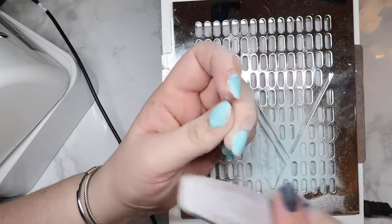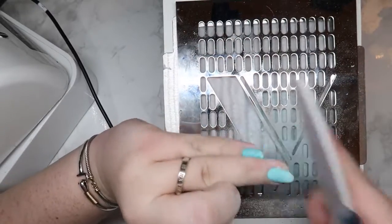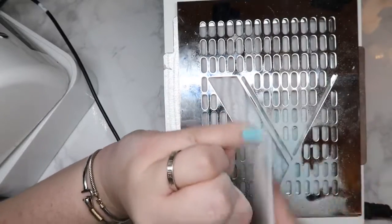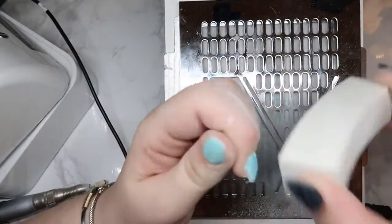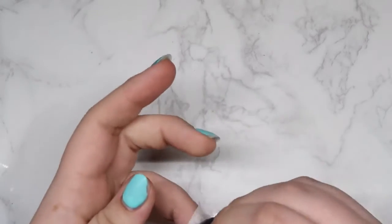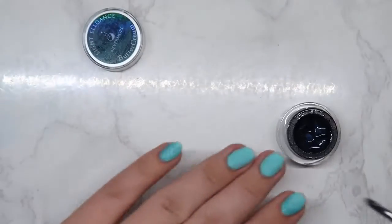I don't know if I show them on camera, buffing them, and then I cleanse, and then I put Nevermore on my nails, and then I do a matte top coat. This is a metallic color, which I absolutely love, and it looks so cool matte because it has this really cool sheen, and I just really liked it. So you could keep it with a shiny top coat or a matte top coat, but literally this is just a color change, and I wanted to show it to you guys because